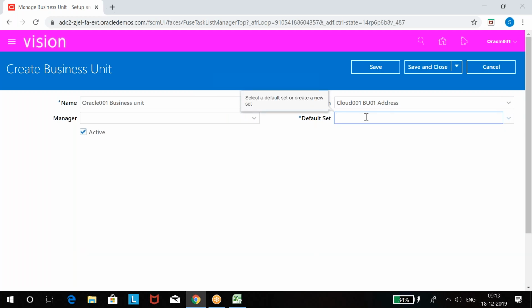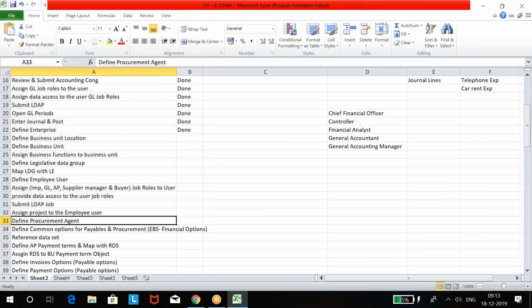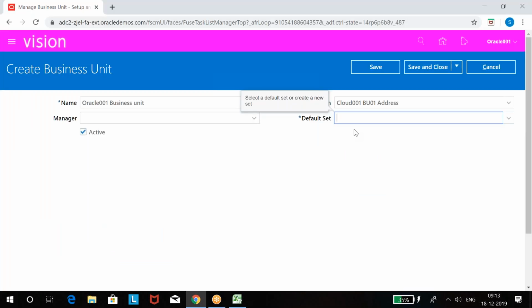See this default set. I'll discuss this set in future. There is a topic on the reference data set. If I discuss it now, you will not understand because I have to come to that topic. So when you practice, just select the set as common. Common in the sense, whatever business objects I'm going to use in future, all will be attached to this common set. But what is the use of this set? Why do we have this set? We will discuss that later, maybe Monday.